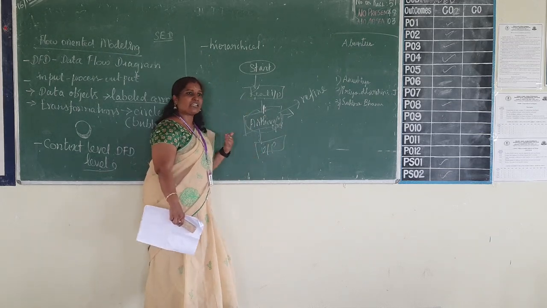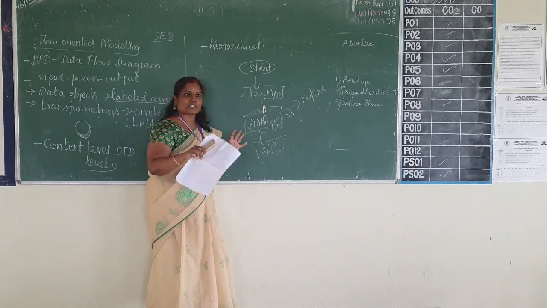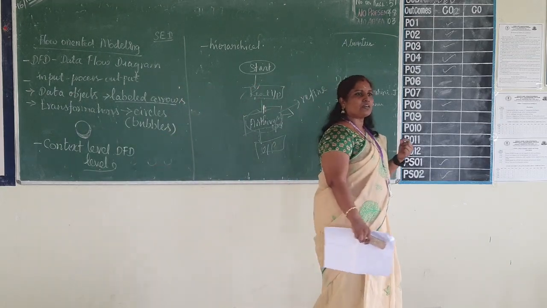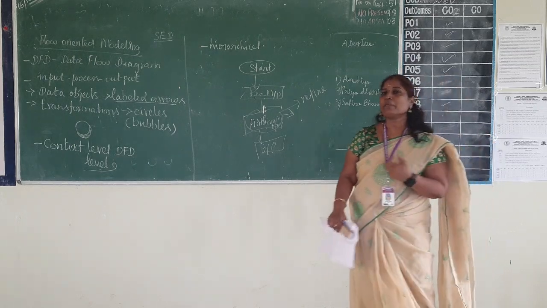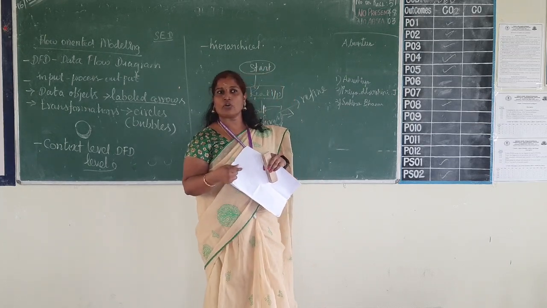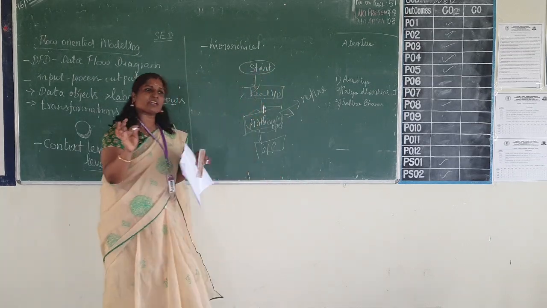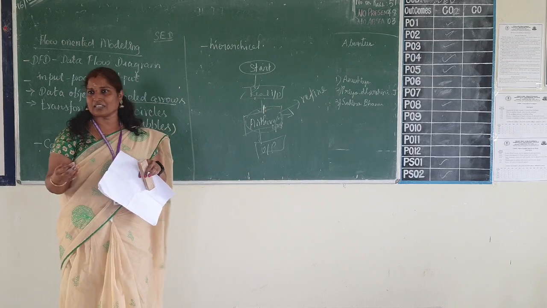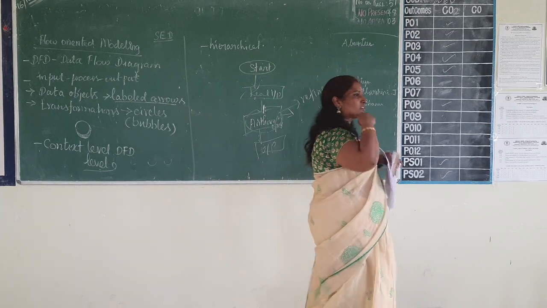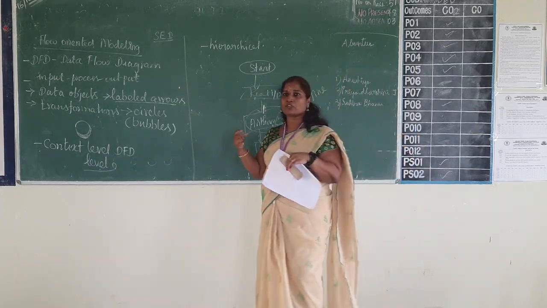And again, what is the arithmetic operation? The arithmetic alone will be broken again: add, separate function; subtract, separate function; mul. So until I am able to make a clear program for an entity, I will have to go on refining my levels, go on refining the DFD. You get my point? So initially when I say just an arithmetic operation, I will not be able to tell what it is, whether it is only addition or subtraction or multiplication, and what kind of data it is going to take as input. Whether it is integer or string or float, double, object, what it is.